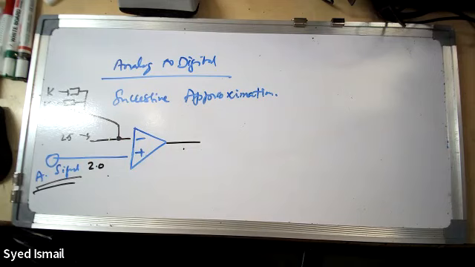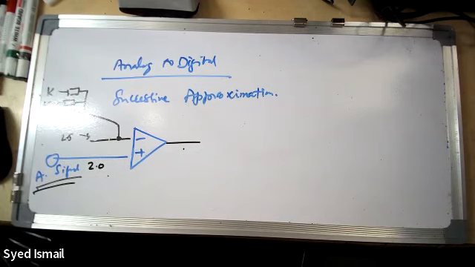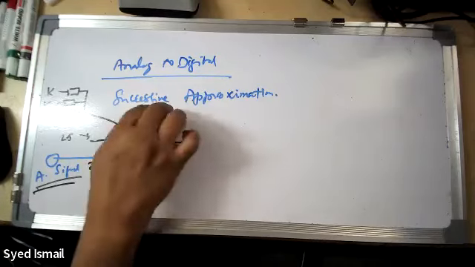This is the cheapest method available. They are very high speed also. You can make successive approximation with 7 bits. Like videos, high speed videos use 7 bits, 8 bits, 10 bits. But when you go for an accurate one, nowadays you can easily get up to 12 bit. Most of the low cost controllers have 12 bit successive approximation.